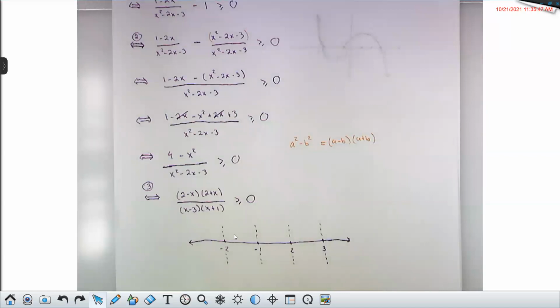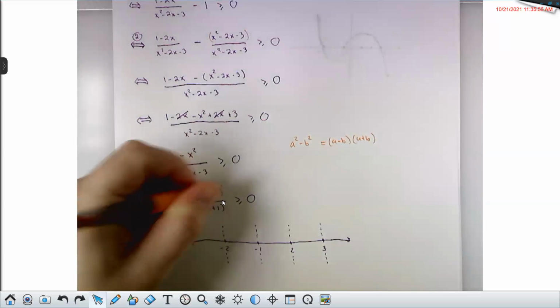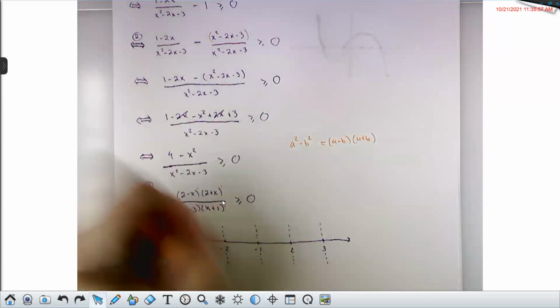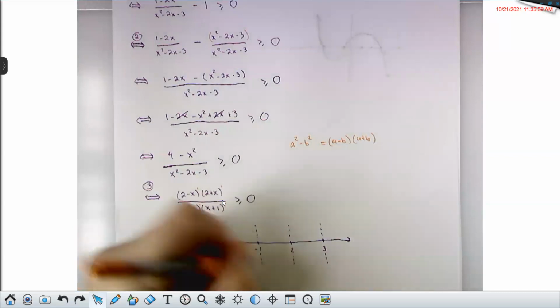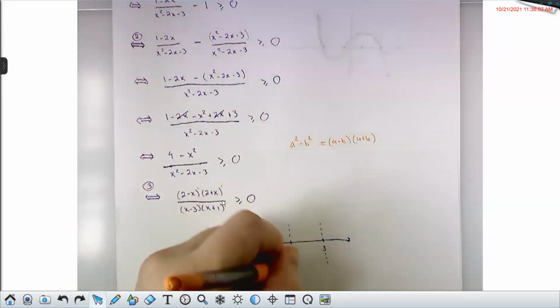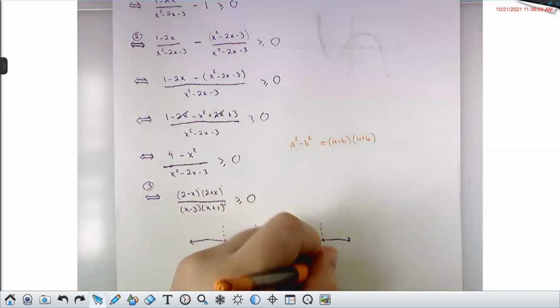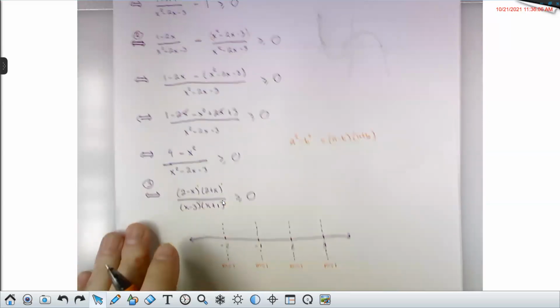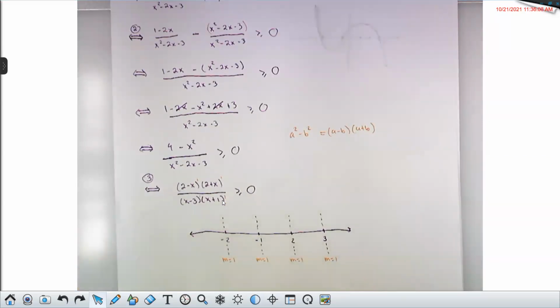Okay, so we need to determine the sign in one of these regions. That way we can use our multiplicity trick to figure out the sign in all the rest. And these are all, again, multiplicity 1 factors. So we will change sign as we jump over each of those things. So we're going to have that alternating sign pattern.